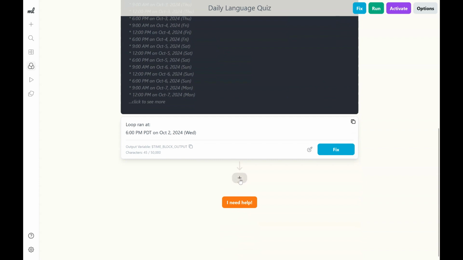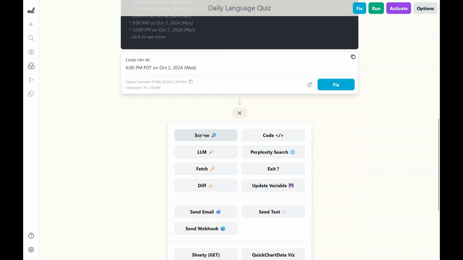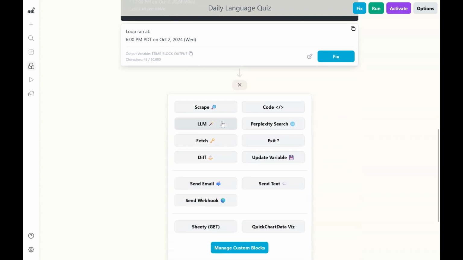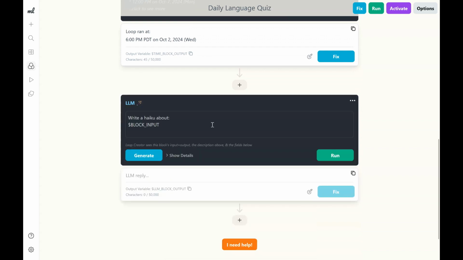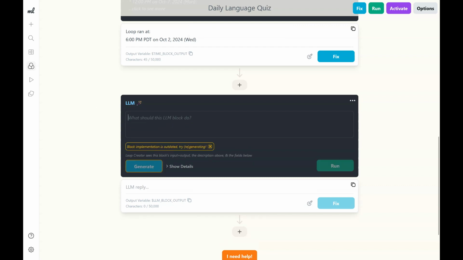Now let's continue on by clicking this plus icon here to add another block. So we have all these other different types of blocks here. We want to do an LLM, a large language model such as ChatGPT or Claude. So let's go ahead and delete this here. We don't want to write a haiku. We want to create a,